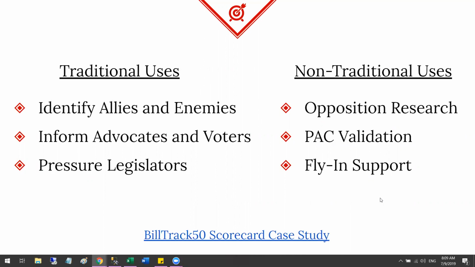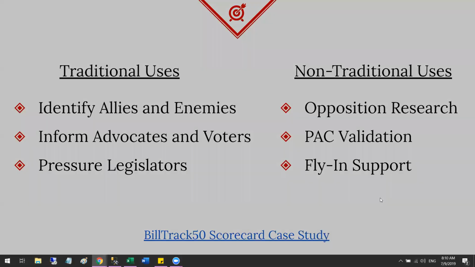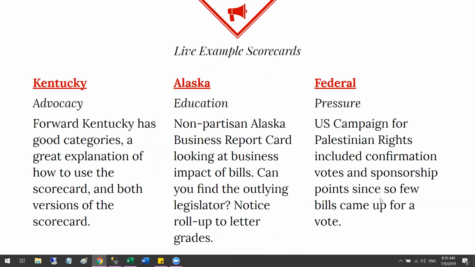Right. As you mentioned, it's always nice to say where you want to say thank you, in addition to where you disagree with how somebody voted. So it's important to have not just one bill in mind, but all the bills that affect your area of interest, so that you can make sure that you are nice and grateful where that's appropriate. All right, so that is how you might use one of these scorecards after you take the time to make it. And then I've got some example scorecards that we can look at.